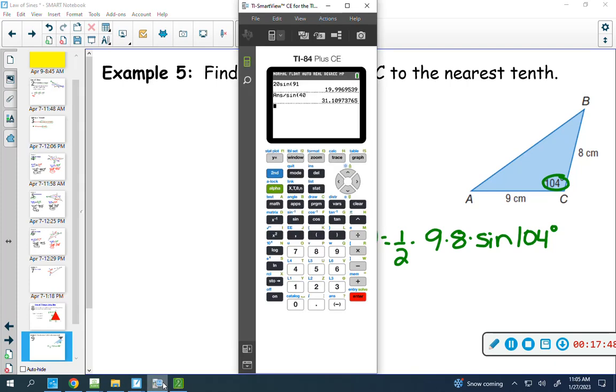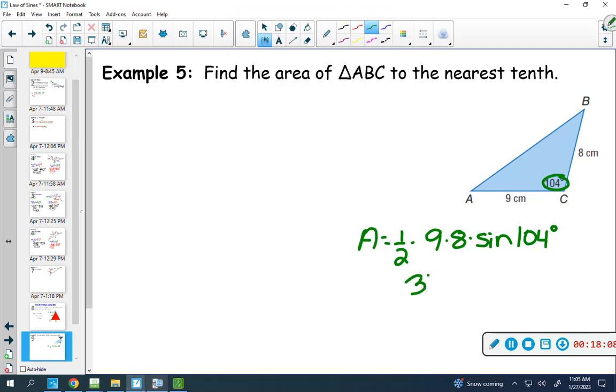Now I usually do for the half, I just do 0.5. So I'm going to do 0.5. 9 times 8, I mean, I feel kind of dumb typing that in because it's 72. But I'm going to type it in. And then sine 1/4. So I'm going to round to the 10th like it says. I'm going to put 34.9. What are we in? Centimeters. Centimeters squared. Got